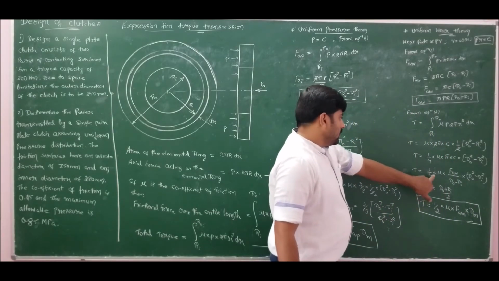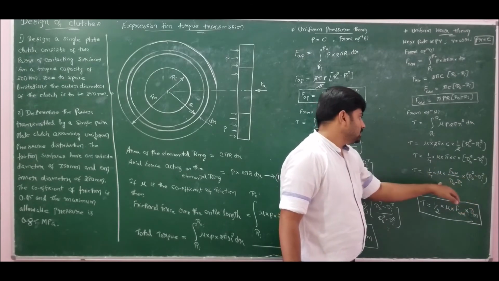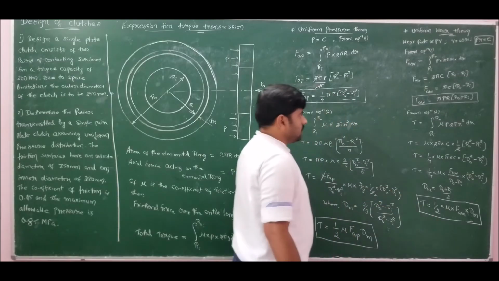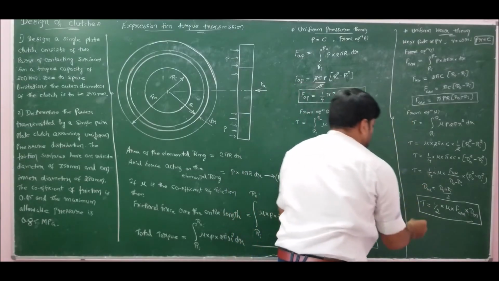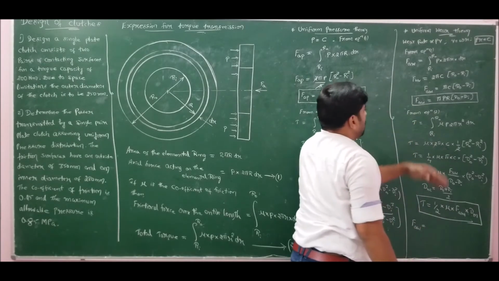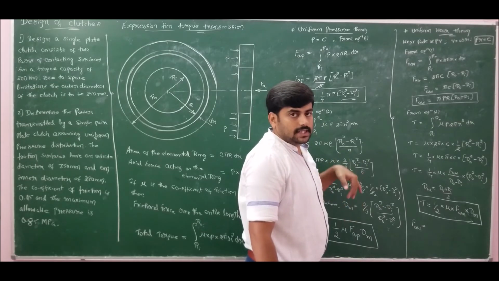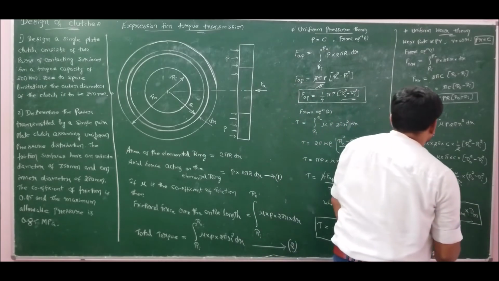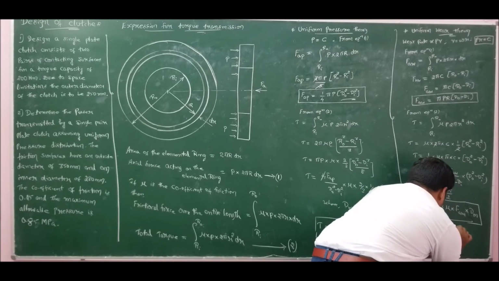This 1 by 4 I can write as 1 by 2 into 1 by 2. This is a plus b into a minus b. A minus b gets cancelled. A plus b by 2 is d mean. So this is the final expression we have. And for uniform wear theory, we can write the maximum axial force FAW. Since the maximum pressure acts at the inner radius, the axial force is maximum there. Hence, FAW is given by 1 by 2 pi times P di times d0 minus di.